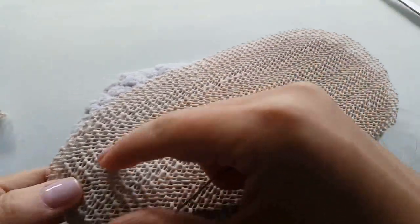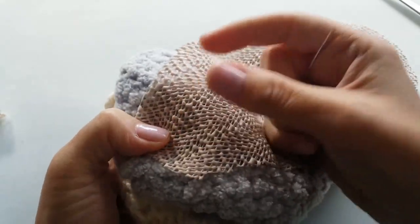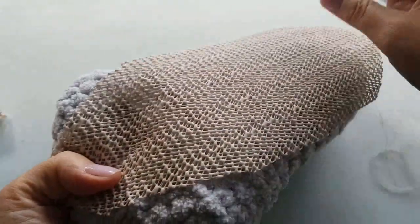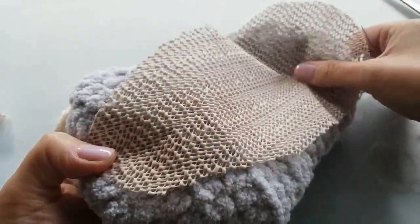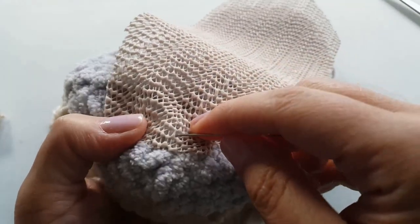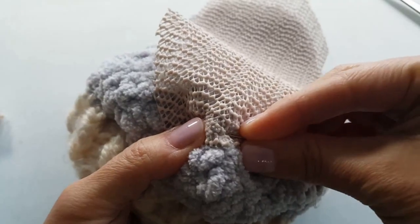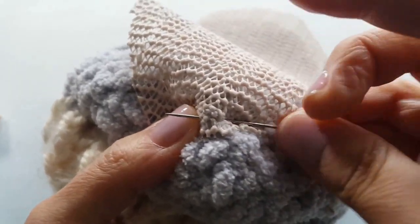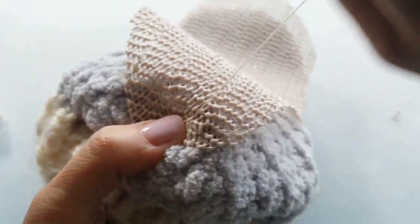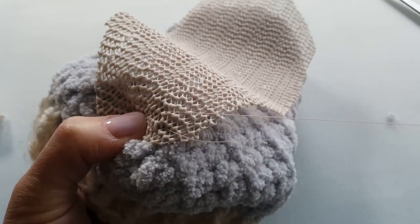Okay, so I'm not going to pin it down just because I'm a rebel like that. So I'm just going to hold it here, and I'm making sure that I can secure it on the inside. I don't want to actually sew my slipper shut in any way. And off I go. I'm just going to insert, making sure I catch a bit of yarn. And the beautiful thing about this material is it's holey, so it makes it really easy to feed your yarn through. And I would just feed it through